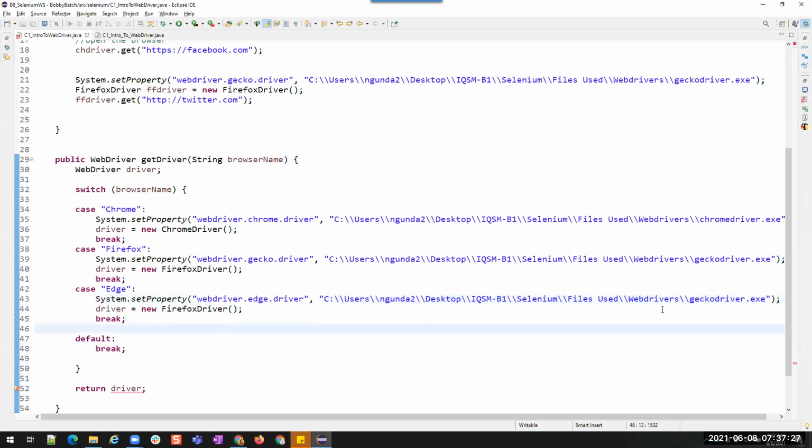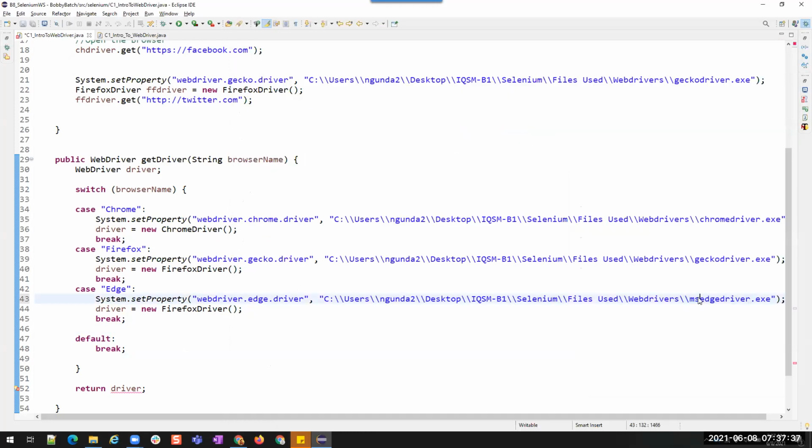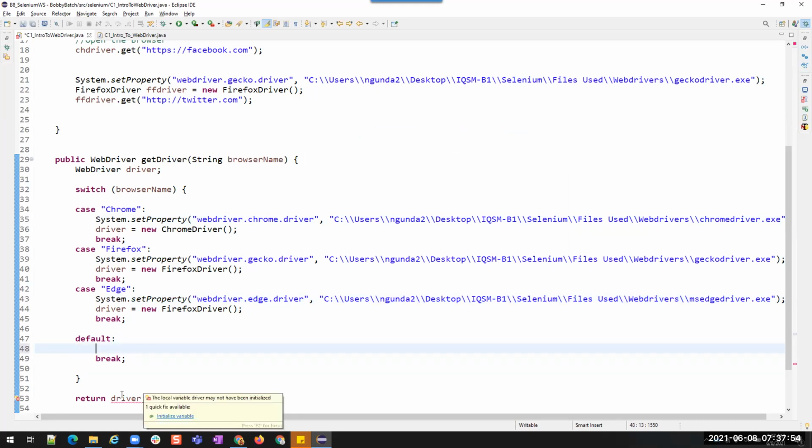All right. So now for Edge driver, we have this. Okay. So now we have Chrome, Firefox, and Edge. We have all the cases. And by default, if you want to open a default browser, then you can set that browser type here. Otherwise, you can set this driver value as null.